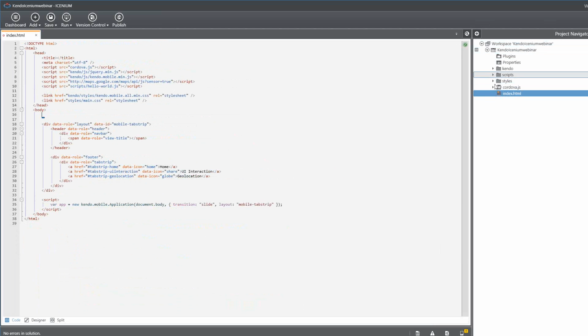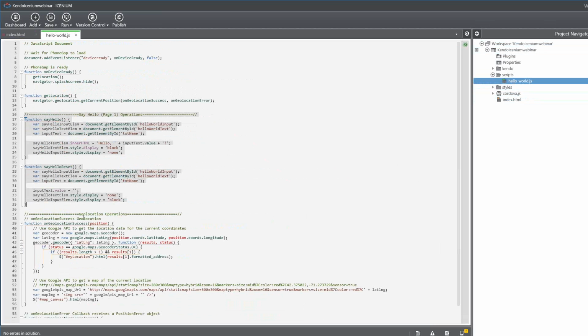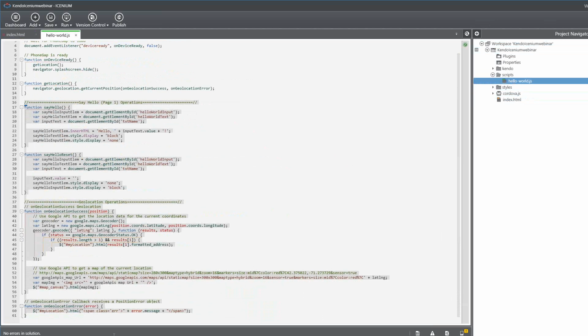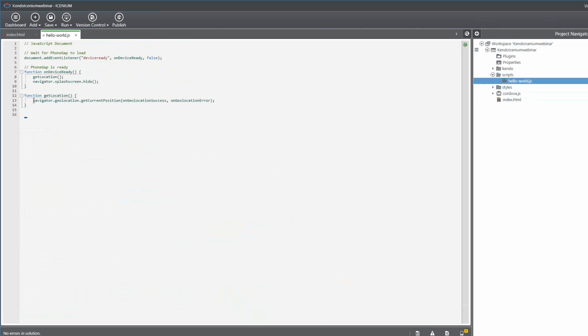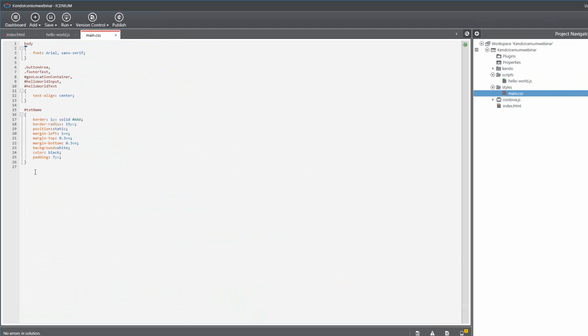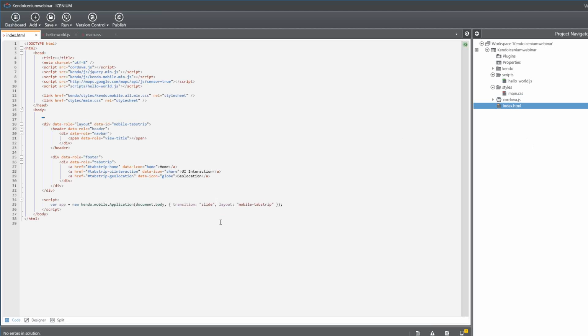In the same way, I'm going to my script, that is hello world.js, and deleting all the default code. Okay, then going to my CSS file, and the code which got created by default when we selected the Kendo UI mobile option, I have just deleted that code. Now let us go to index.html,